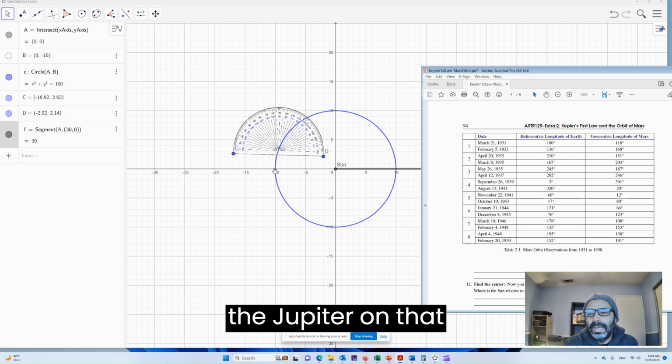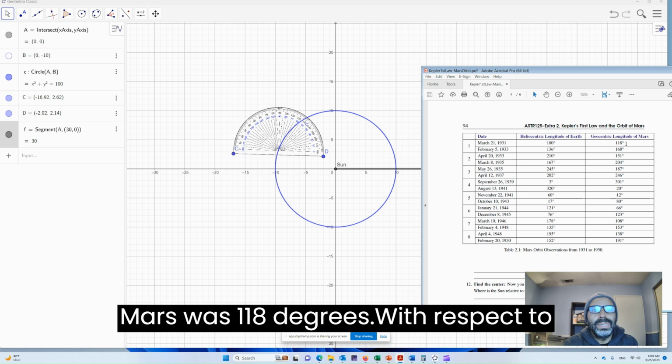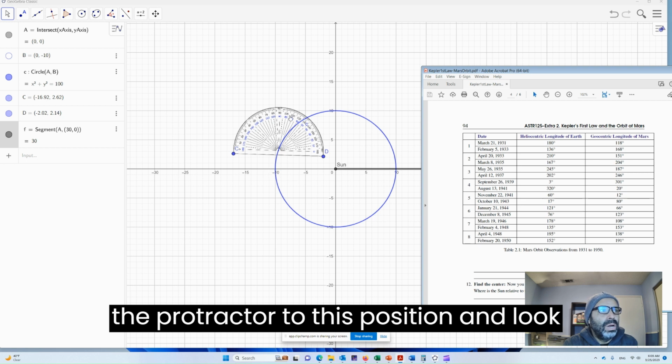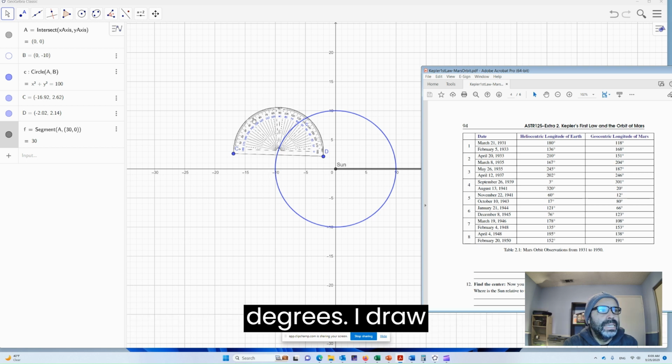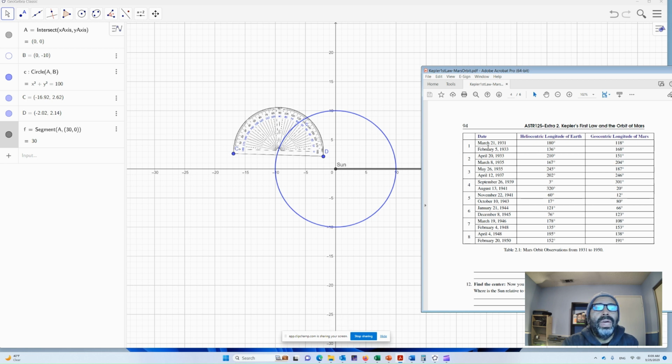When we looked at Mars on that date, Mars was at 118 degrees with respect to the vernal equinox. So I need to move the protractor to this position and look for 118 degrees and draw an arrow, because if I'm looking from the Earth to where Mars is, I really can't tell what it is, at least in terms of depth, but I can find the angle for it with respect to a special direction, and in this case it is the vernal equinox. So I have 118 degrees, I draw a ray from that point,